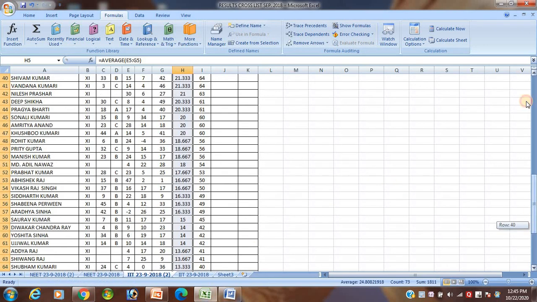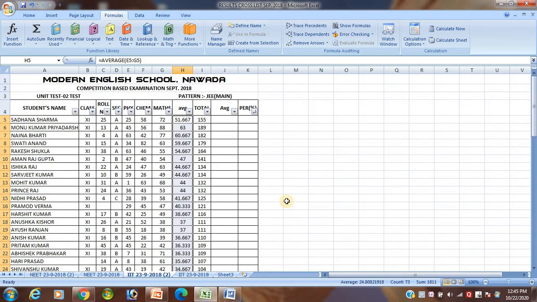In this way you can use the function, a beneficial feature. This is a complex calculation which the function can help to calculate easily. In this way you can also use the max and min. How to use the function I have already discussed.